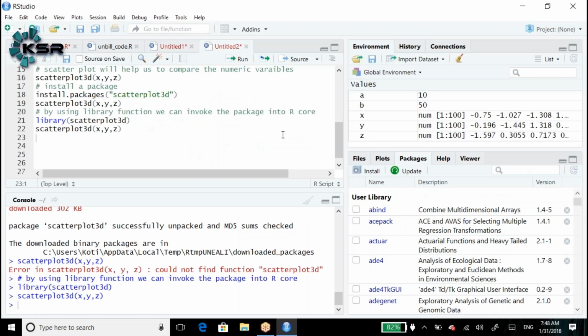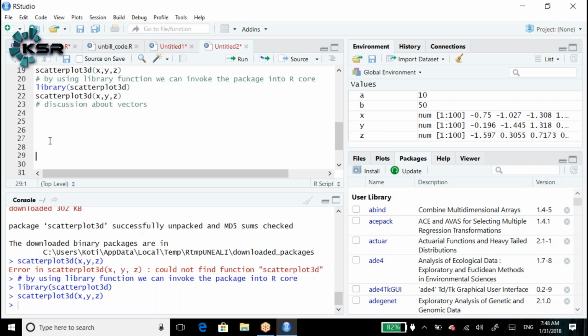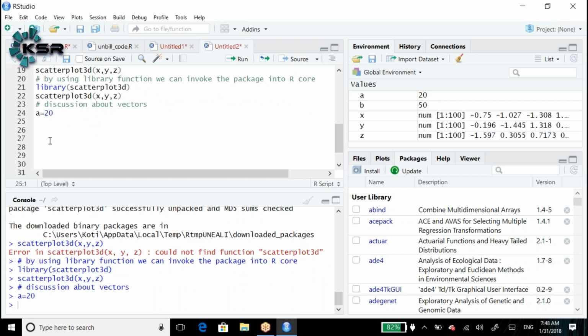Let me discuss vectors. For example, I mention a is equal to 20. A is equal to 20 is one vector. But what kind of type is it?